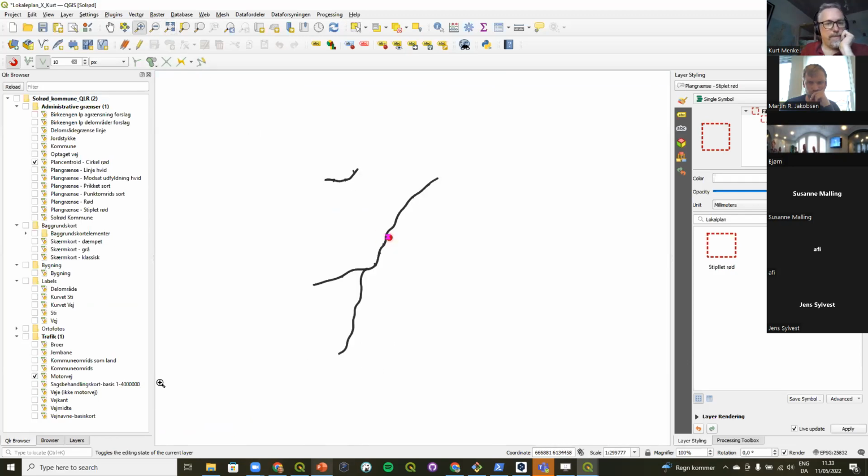I don't think so. I think I need some guidance as to which layers to put in from the Placering i Kommunen. I'm trying to remember which layers are. At least jernbane and